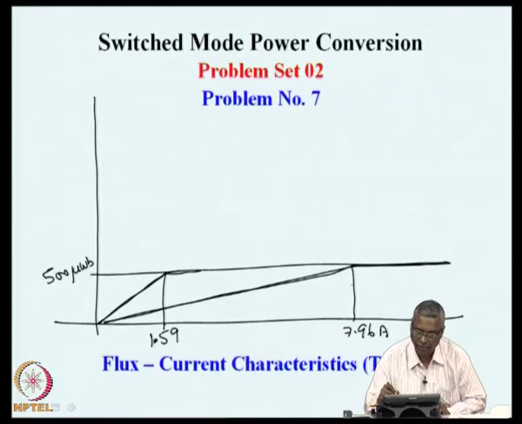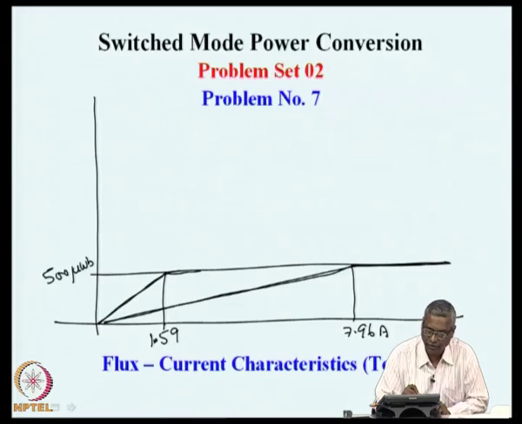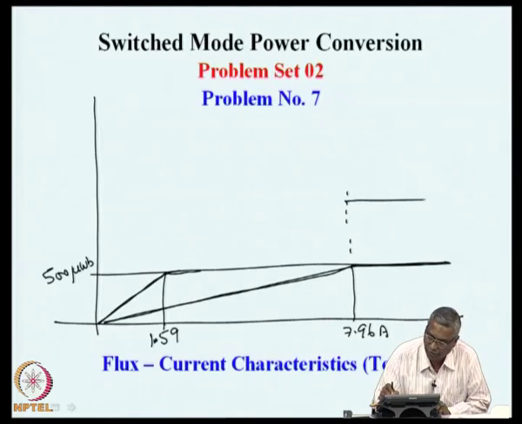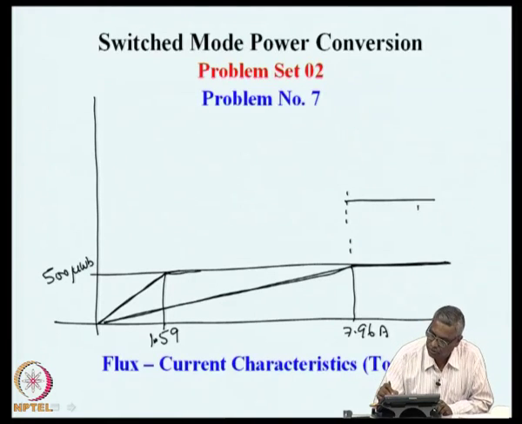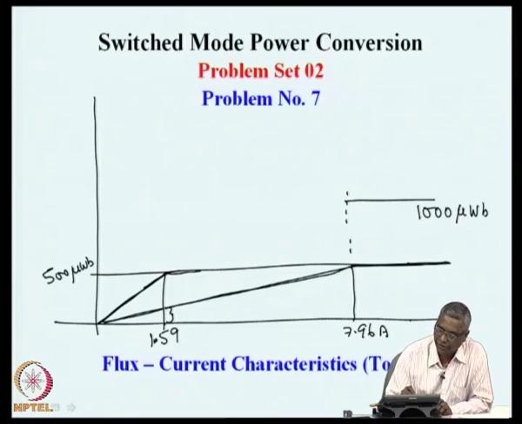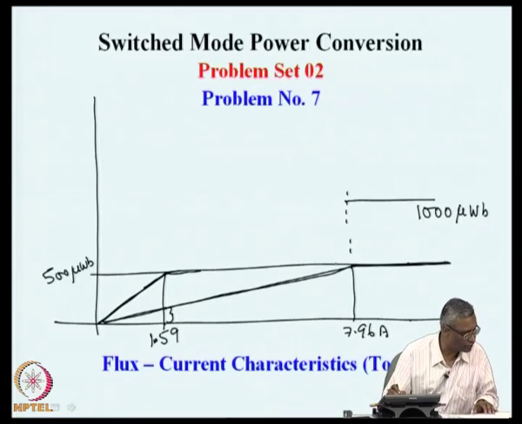And if I now add at every point the individual fluxes, at this end I will find my flux would be 1000 microweber, 500 on account of the first one and 500 on account of the second one, which is 1000, and in this end 500 on account of the first one and this small quantity on account of the second, that number is,